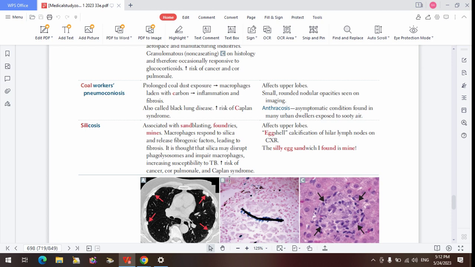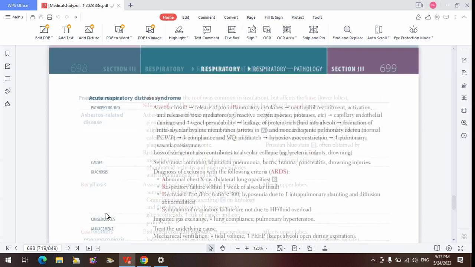So once you show the X-ray, we are seeing calcification within the hilum area of the lung. And of course, in the history, they will have given us an occupational clincher that the person is working in a mine or foundry or sandblasting area. You know that this is silicosis you are definitely looking at. Eggshell calcification. So if they say small round opacity in the upper lobe, you know what they are talking about. That is coal dust. If they describe ferruginous body, asbestosis. So that is all about the pneumoconiosis.